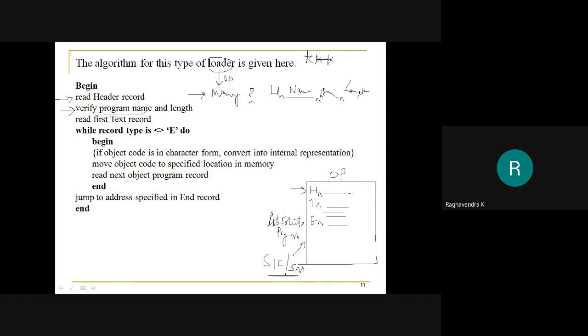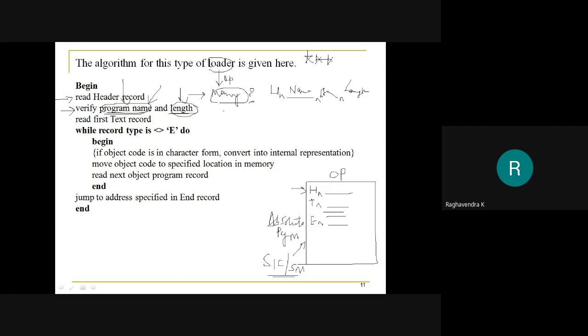Now why do program name and program length have to be verified? Name has to be verified because you may have more than one program in your system and you should be sure that you are loading the correct program. Second thing is you have to verify the length. Why? Because of memory constraints. Whether memory is available or not to load this particular program, I will know only by checking the length of the program.